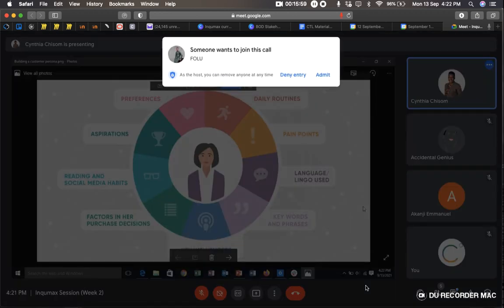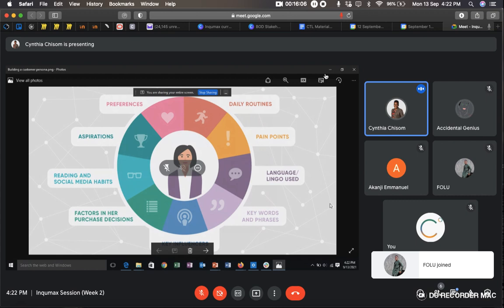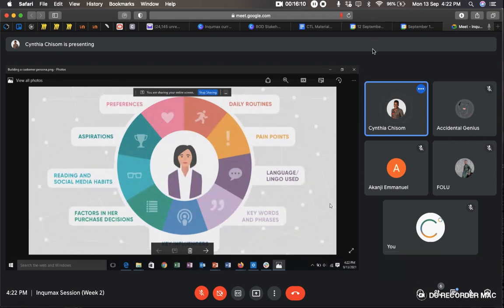You can truly understand what their daily routine is. So for example, let's take Symbios. Who is my stakeholder in this case? Let's say the farmers. How do they get their materials? Who are they concerned with? What is a day like in their life? How do they sell? Who do they buy from? What do they buy? How do they keep track of their expenses? Who are they interacting with on a daily basis? Really taking note of those things is very important.